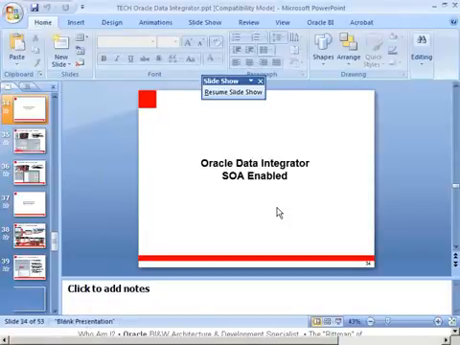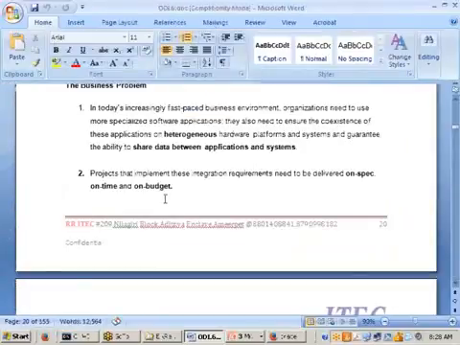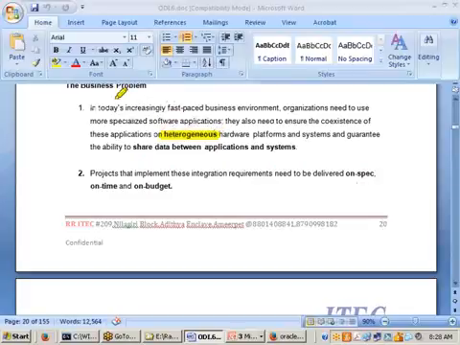Anyhow, this slide I will explain more clearly at a later point of time. You do not need to understand all the points here. Only one point you need to understand: what does heterogeneous mean here? Heterogeneous means we have two different databases. A number of different databases I can take as input to the ODI, and I can manipulate the data. That's the one point you need to understand.